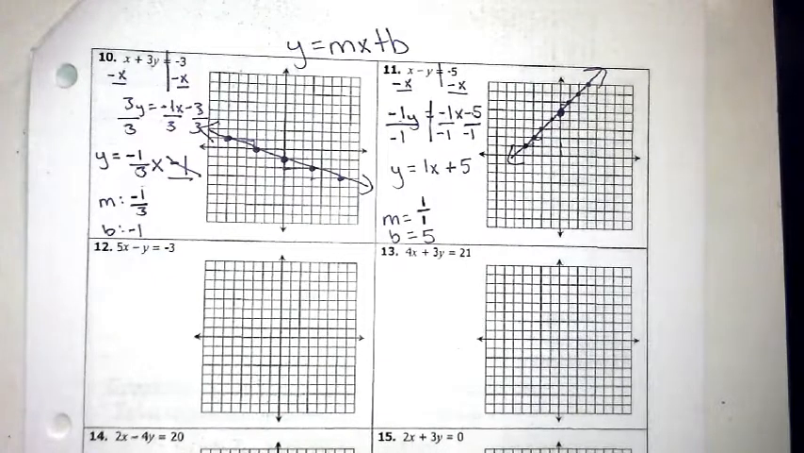Questions, comments, concerns? Still doing the same thing we've been doing. Identifying slope, identifying the y-intercept, just putting it onto the graph. And then 10 through 17 is just practicing what we learned last class and going from standard form to y equals mx plus b, which you just took a quiz over. Questions, comments, concerns? Okay, with that being